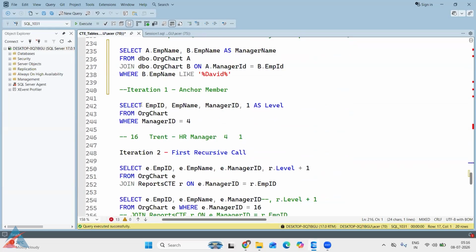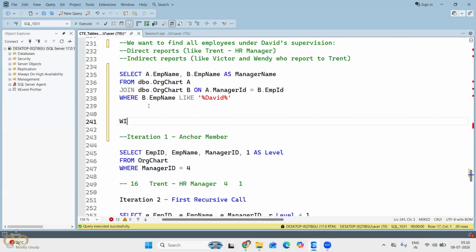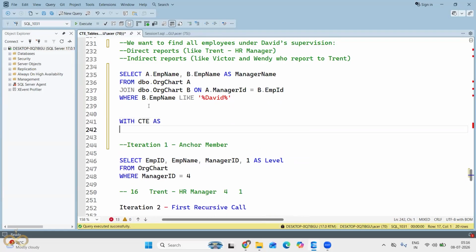If you write the query, we will get the anchor member first. Anchor member is nothing but the top level manager. So you know, the top level manager is this, what is his name? David. Okay, so you write a query. Let's say I will be writing a query here with CTE as